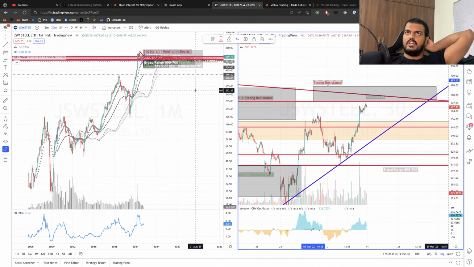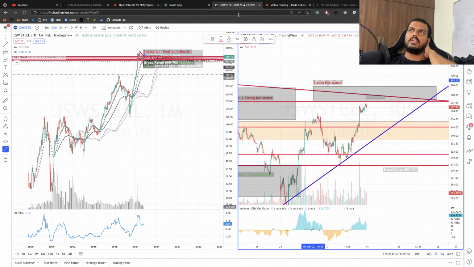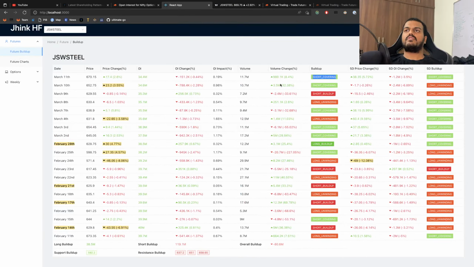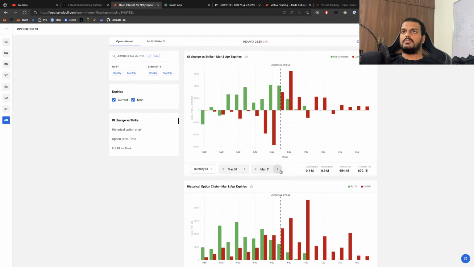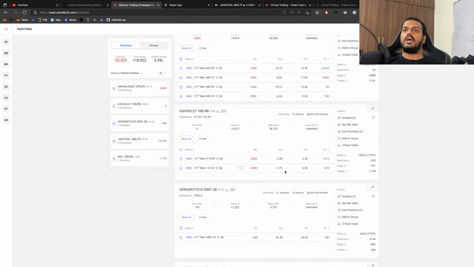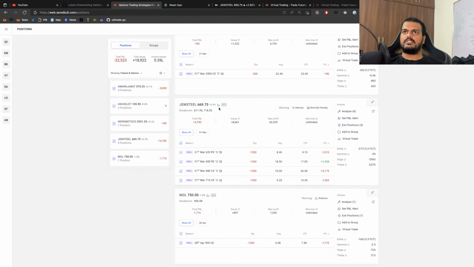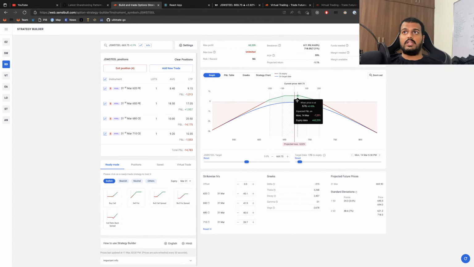But if this breaks out, it will turn extremely bullish, and then we just have to exit with some losses. That is what is going to happen here if it is moving extremely bullish. But the data so far doesn't suggest that it is going to be extremely bullish. So the overall buildup is bearish. Now JSW Steel is the highest position, so I'm relying on this and will exit if it touches 690. How much loss should I take if it touches 690? It is around 18,000 to 20,000 loss, which might happen on 14th March, that is Monday.